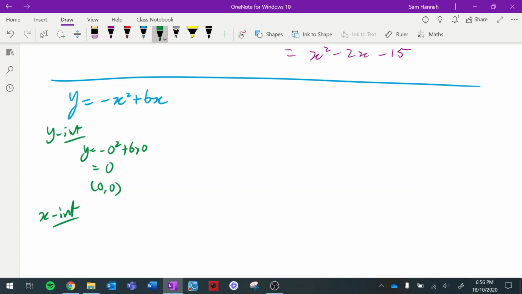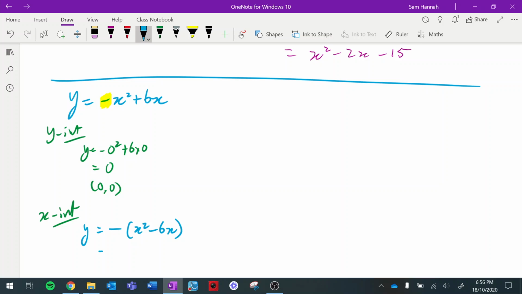Now, to find x-intercepts, we factorize the equation. Here, the most important thing is realizing there's a negative sign. So we have to factorize out that negative sign first. First we'll factor out the minus sign, giving us x squared minus 6x, because we factorize out the minus